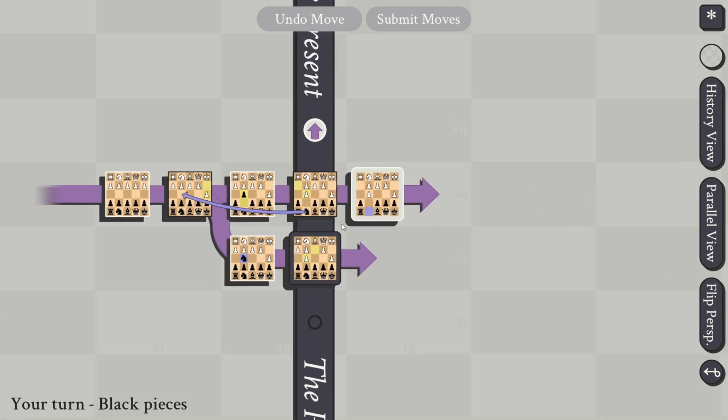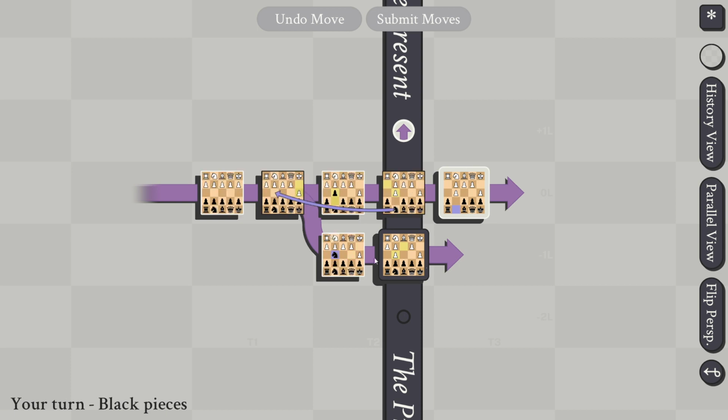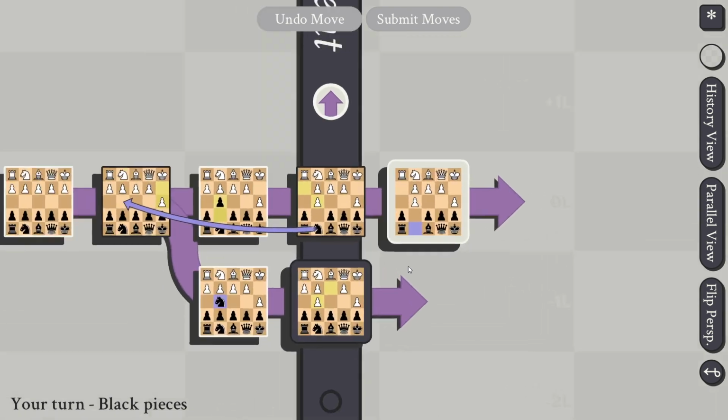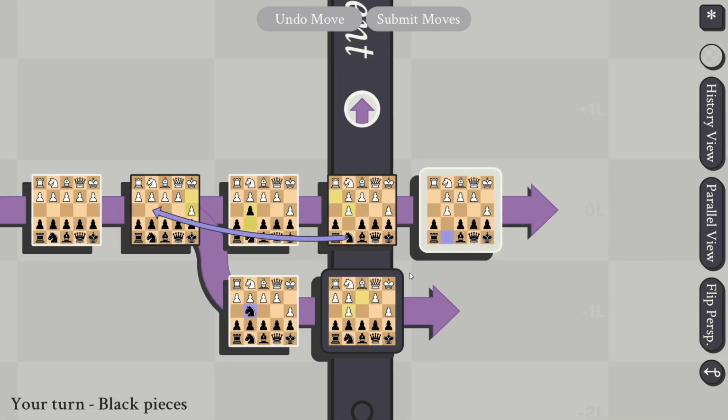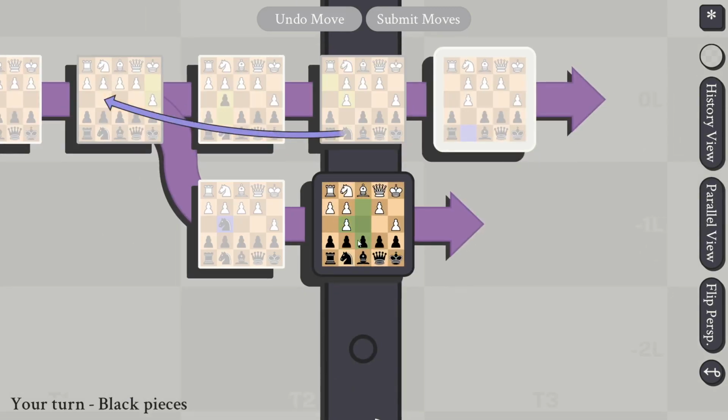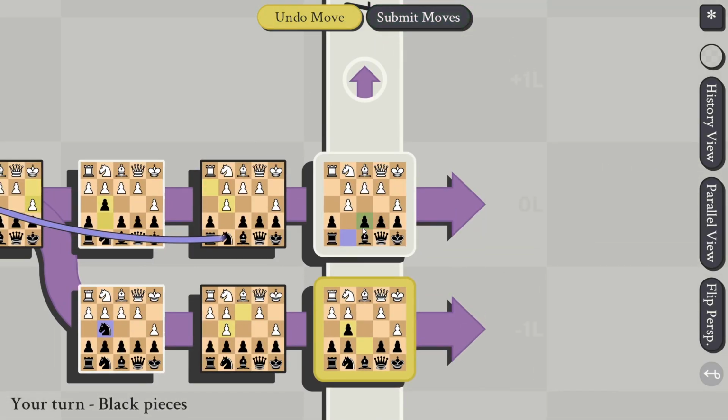The funny thing is that the earliest checkmate counts. That means if someone is putting you in check far in the future, and you branch off into another universe, which happens way further back in time, you have a bunch of time to actually check them there before that checkmate, which happened in the future, applies. Yes, of course, explaining this makes perfect sense. Let's just do some moves.